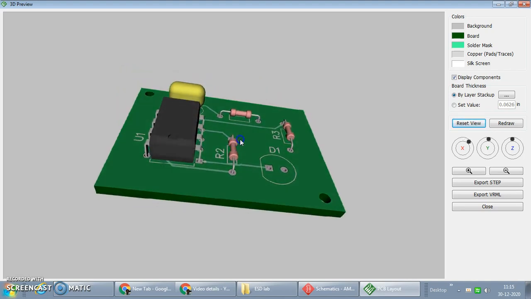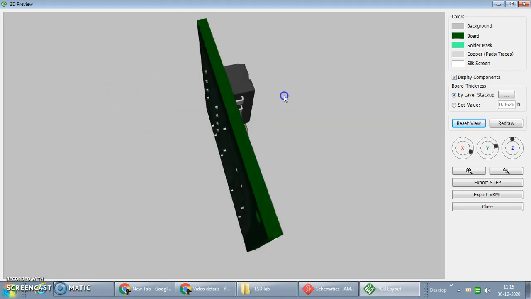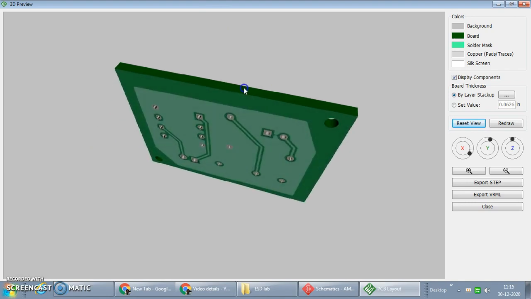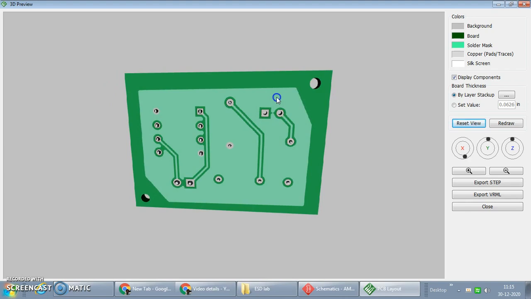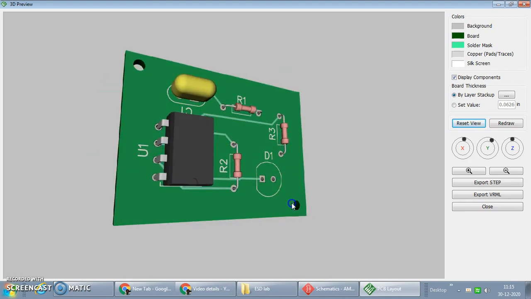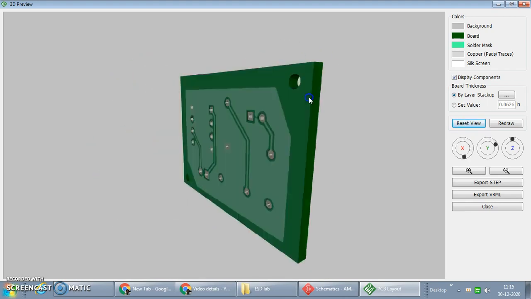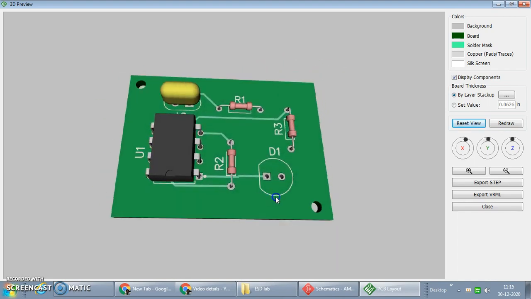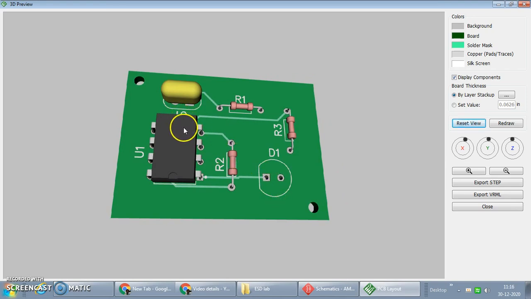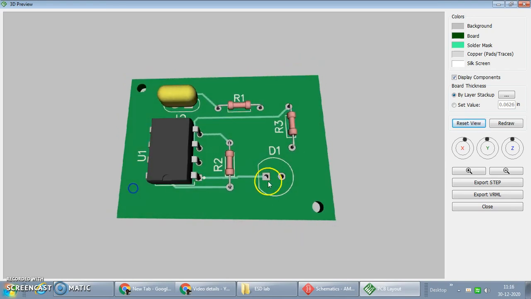Few tracks are from the top side and few tracks are around to the bottom side. Okay, fine, this is the bottom side. So this is perfectly the bottom side, and this is the top side. So few tracks, and the completely whole part is with the copper tracks. And how it looks: the 3D structure is not available for the light emitting diode as part of the library installed with my setup, but we can see the structure of the resistors, capacitor and the IC.